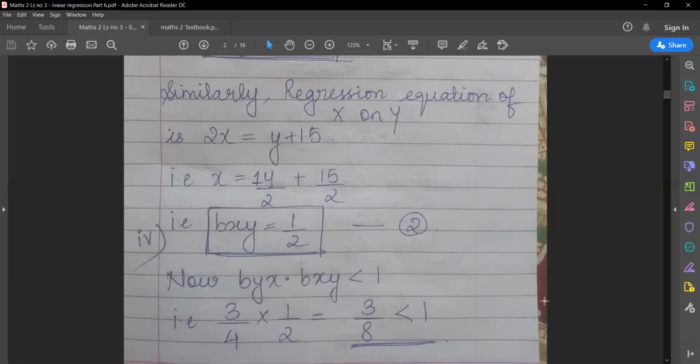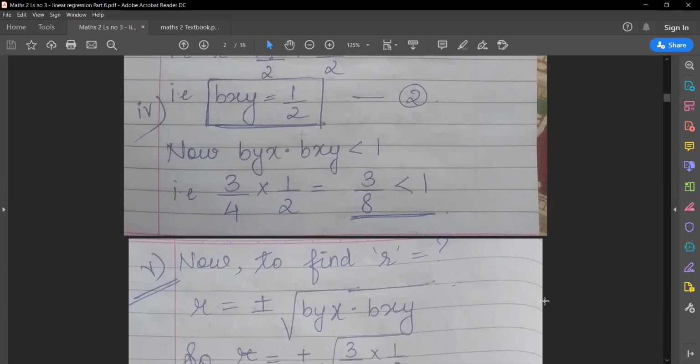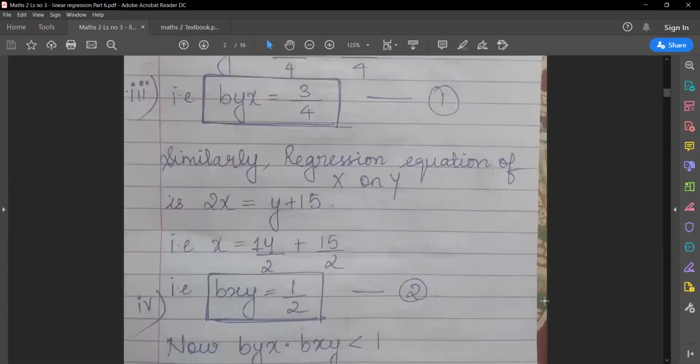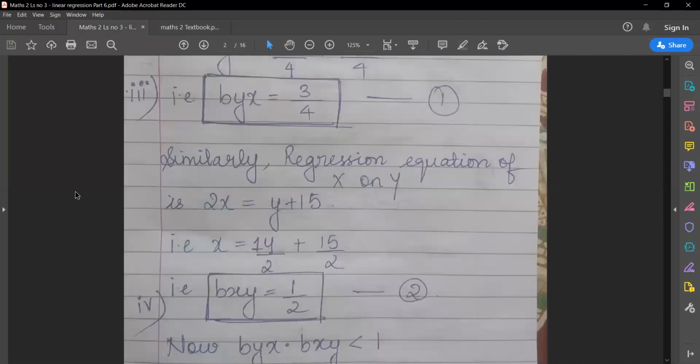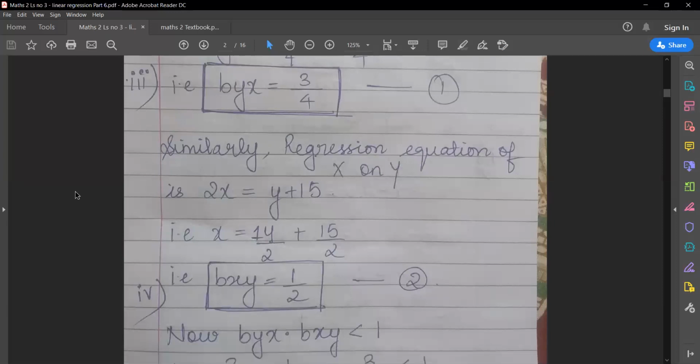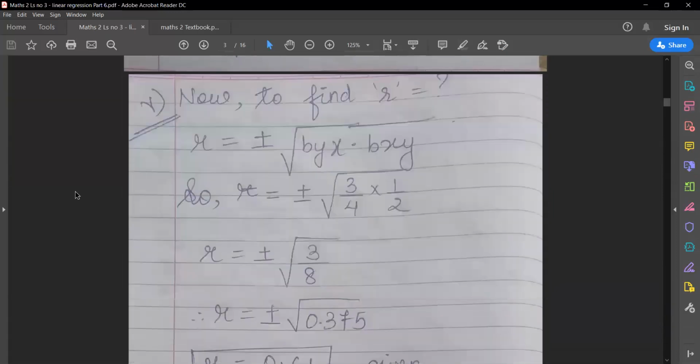So that means the condition which they specified, that the first one was x on y and the second one was y on x, is satisfied. So now once you have got the regression coefficients, you can find the value of r. One more thing class, you must have seen I have written point number 3 and 4 over here. The reason was, if you paid attention, in number 3 and number 4, there was byx and bxy. So that is why I have given those numbers only, because we found that out first. Once you know both regression coefficients, you can find correlation coefficient class, correct?